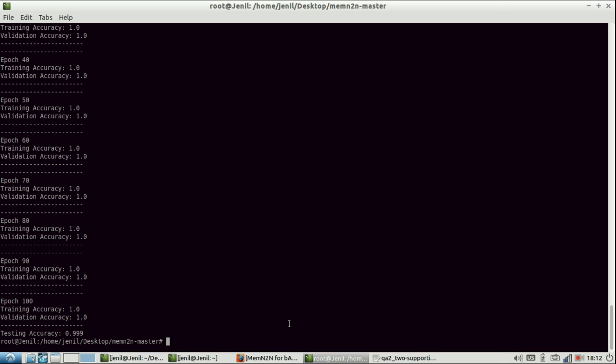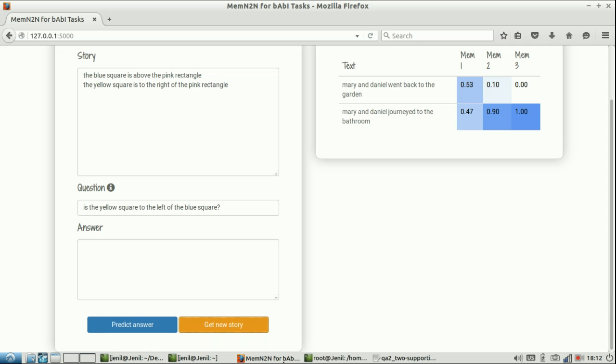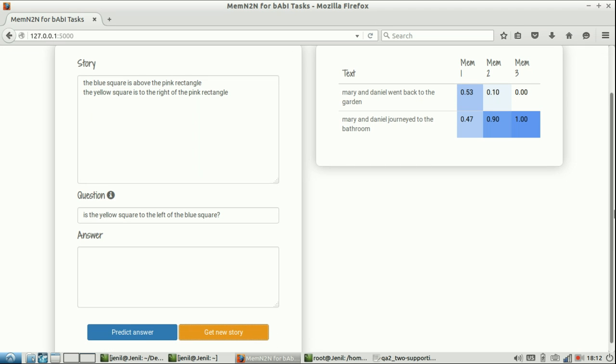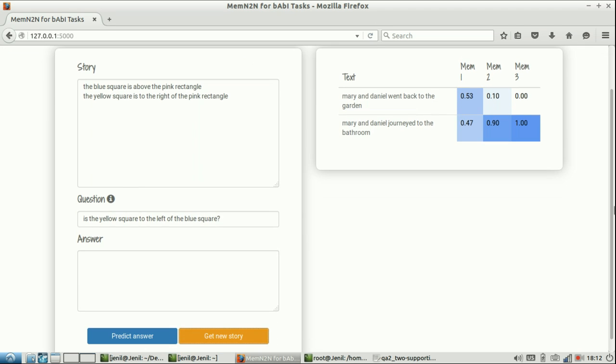There's a very nice visualization available that will clear a lot of things. So okay, this is a question. The blue square is above the pink rectangle. The yellow square is right of the pink rectangle.